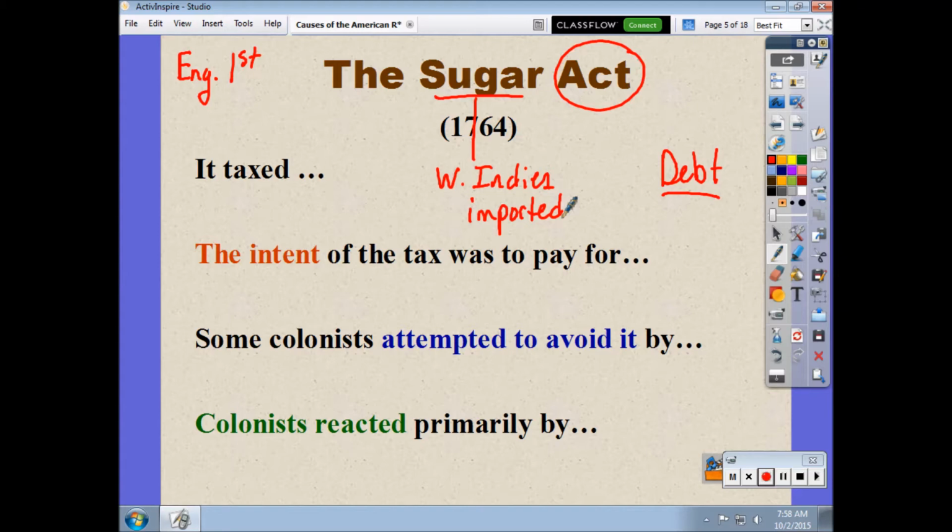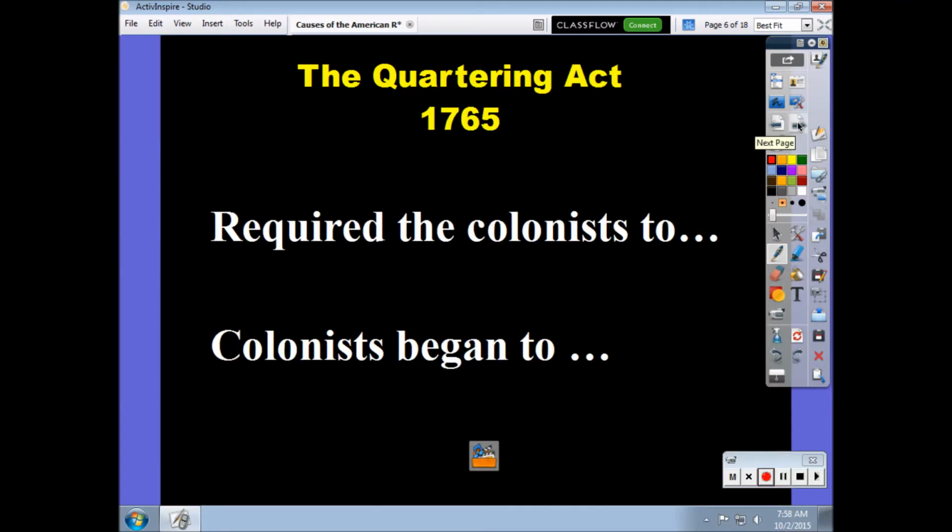There's also this dislike of the fact that the cost of living is increasing. And we're going to see that the cost of living in the colonies is going to increase in other ways with other acts that are passed. The Quartering Act then is passed in 1765, and this is really meant as a way to help pay